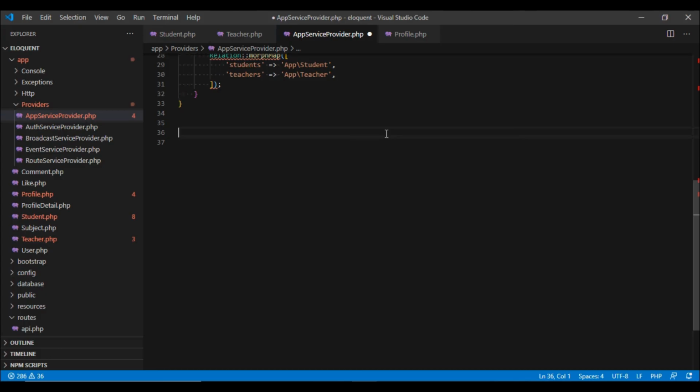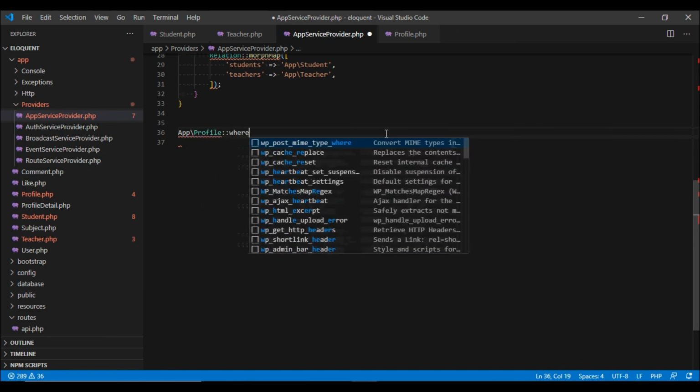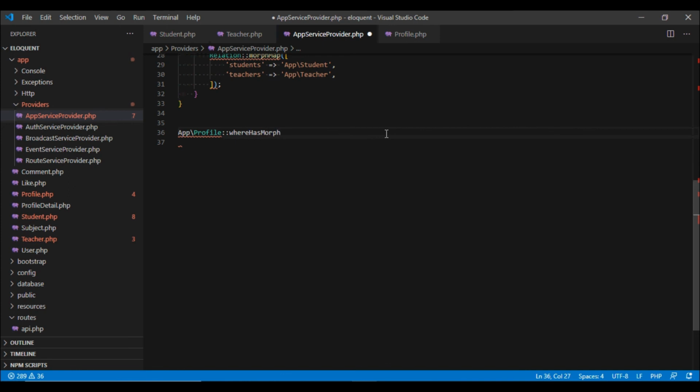In order to get student with specific email, we can query in the profile table. What we are going to do is app profile, and we are going to use where has morph. This will take a number of parameters. First one would be the name of the method, which is profilable.